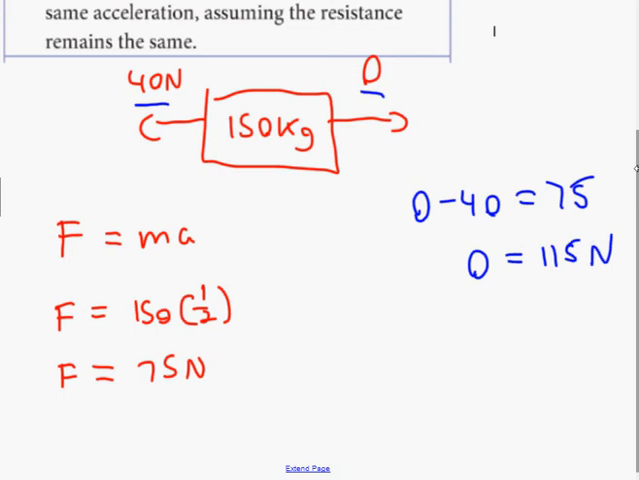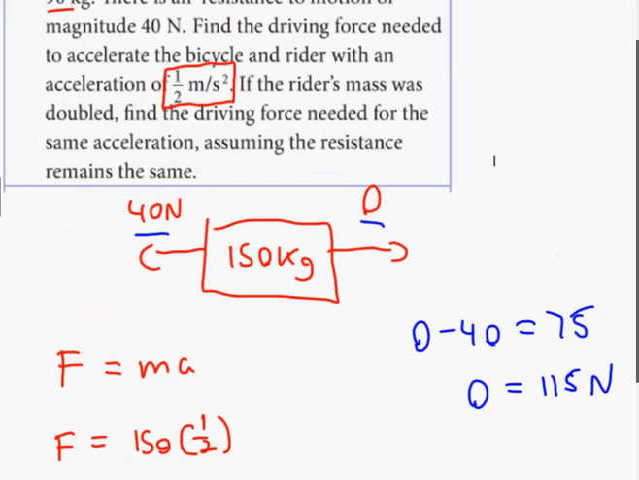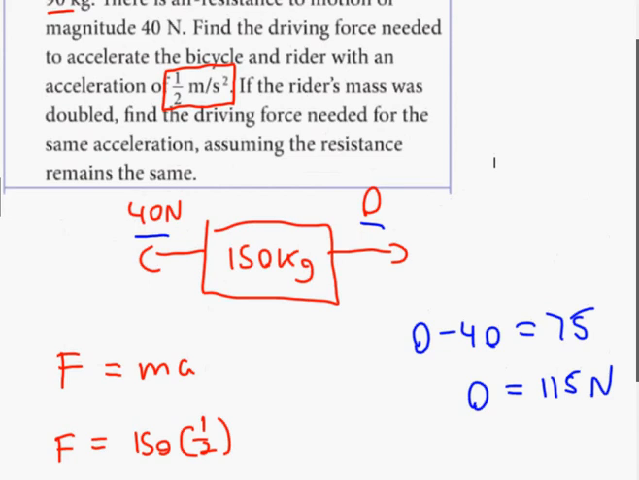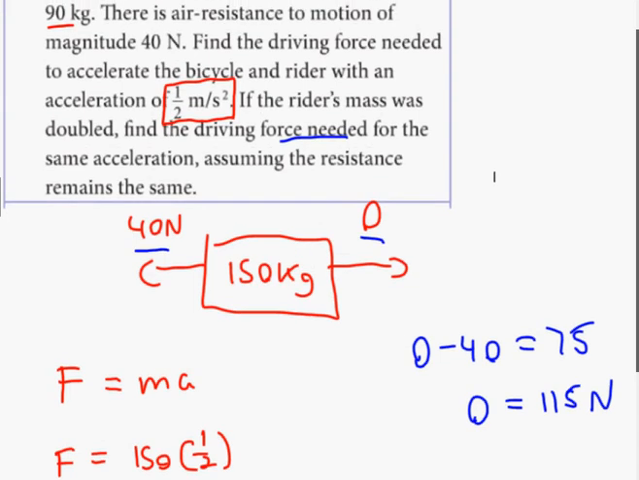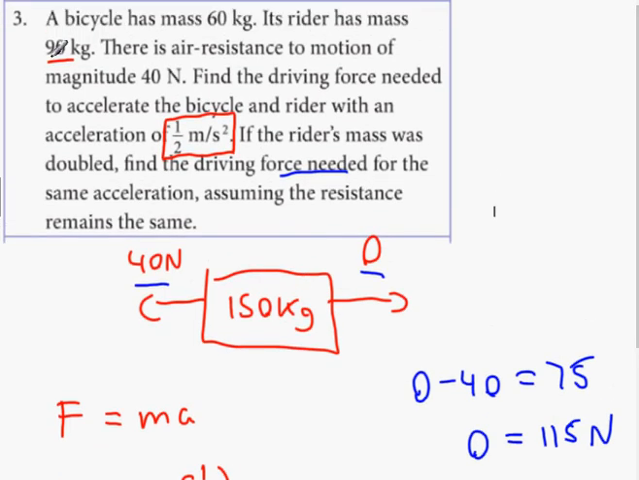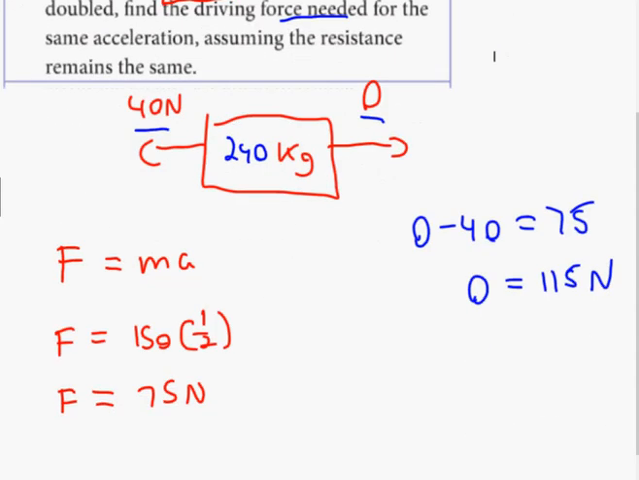Now, you go to the second part of the question: if the rider's mass is doubled, find the driving force needed for the same acceleration. Instead of doubling the 150, which would make me completely wrong, I'll just have to double the 90 to get 180, plus 60, 240. So instead of having a 150 kilogram system, we're going to have a 240 kilogram system. And then you just use your old question, you just change that to 240,